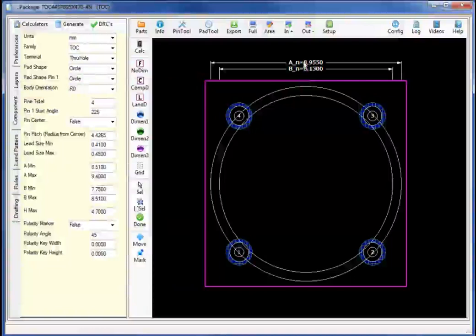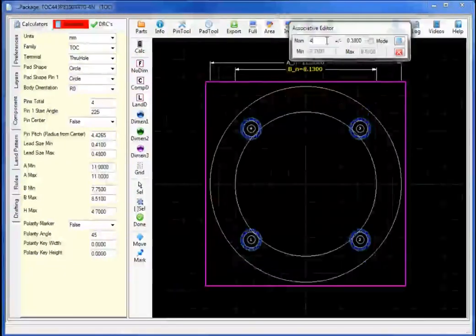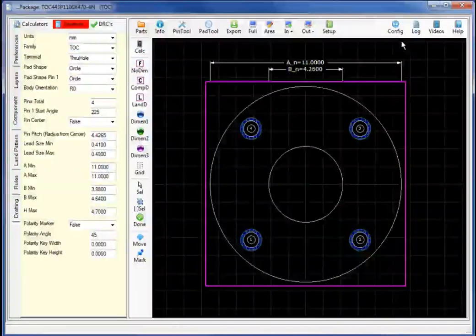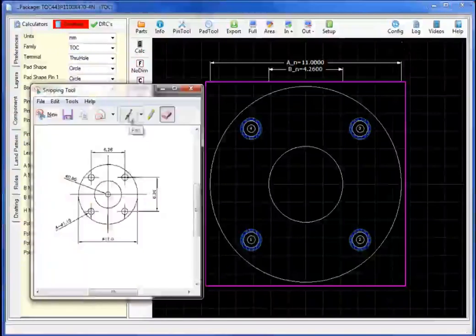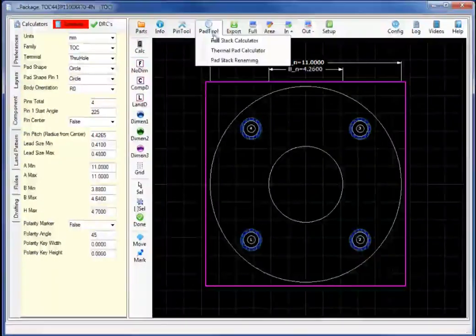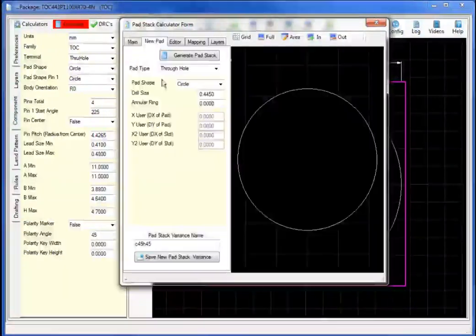The A value is 11.0 with a tolerance of 0.0. Let's now change the B nominal distance to 4.26 and select generate, producing the internal center dimension. And we will next move to the additional mounting hole, which we will add in using the pad stack calculator. The distance is 0.95. Bringing up the pad stack calculator, we will set the first tab to the new pad